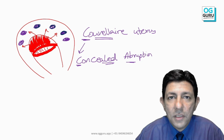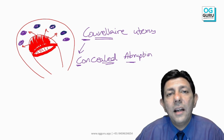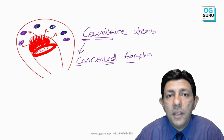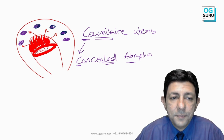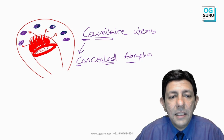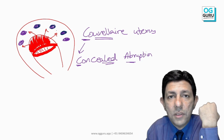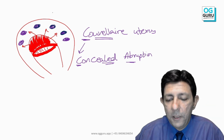Okay, if the uterus is well contracted, nothing needs to be done. This will automatically get resolved. So please don't remove the uterus, and there is no need to wash the uterus with Nirma and Surf Excel and Ariel washing powder. Just keep it as it is. This will get resolved. It's like how you get a bruise. When you get a bruise, your skin will change color. After a few days, this uterus will start appearing normal. Okay,